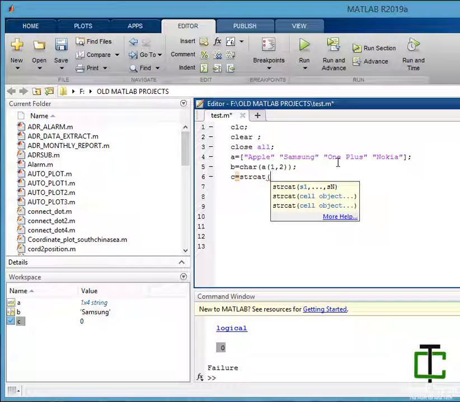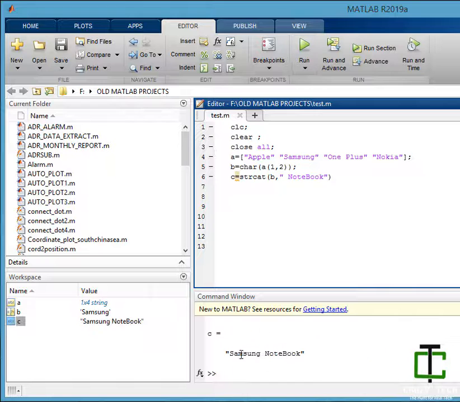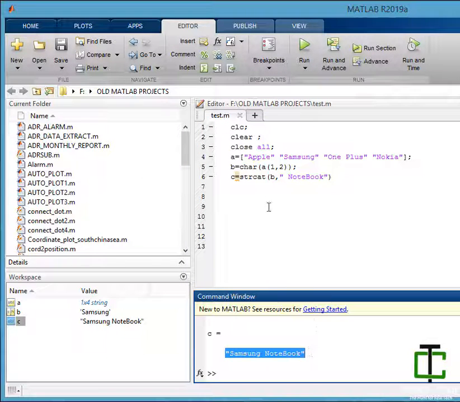So strcat B comma, put a space here, Samsung notebook. What you will get is the concatenated output of B: Samsung is concatenated with notebook.